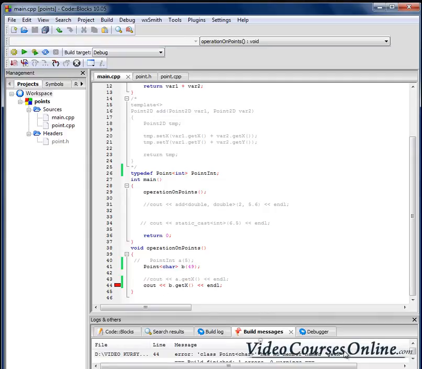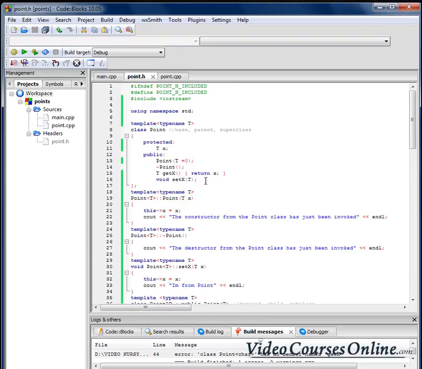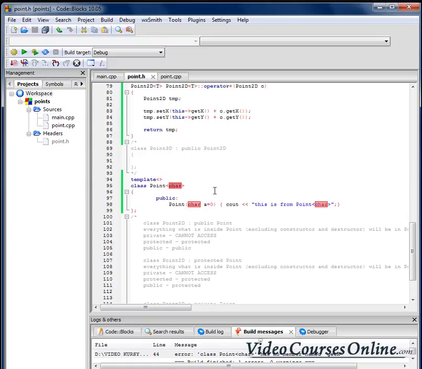As you can see, that class does not have that function. So right now we need to define everything in that class. This is just a special case, and we need to define everything from the beginning. This is a special case for character, okay? It must behave in a different way. Okay, so this is the specialization of the class, but we can also do something like specialization of just one